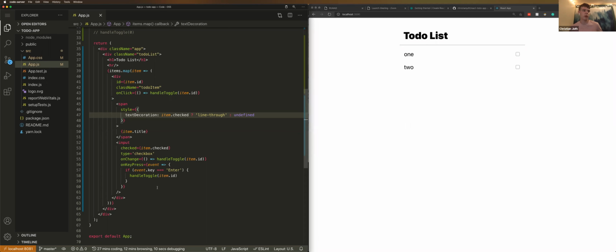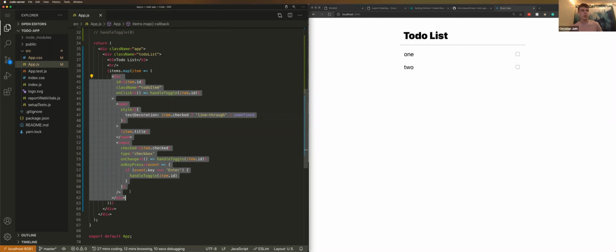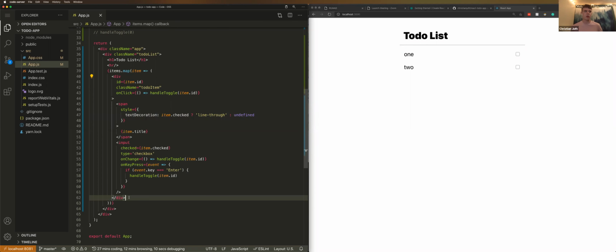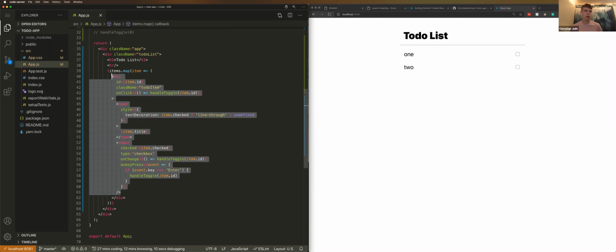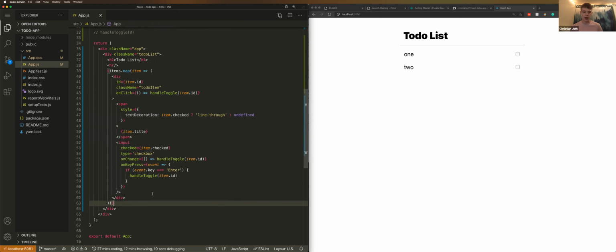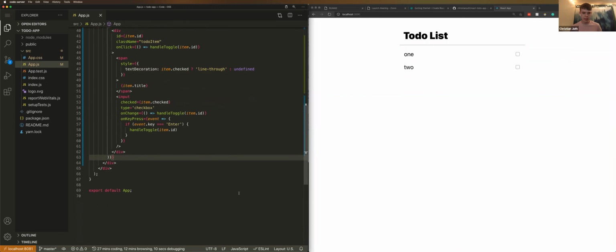Okay, so now what we're going to do at this point, if you're looking at the repo, this is a little bit different than what I've done. I'm going to come back to this later and refactor this at the end. But I want to move on to actually entering in our own data into this. So what we're going to do is set up